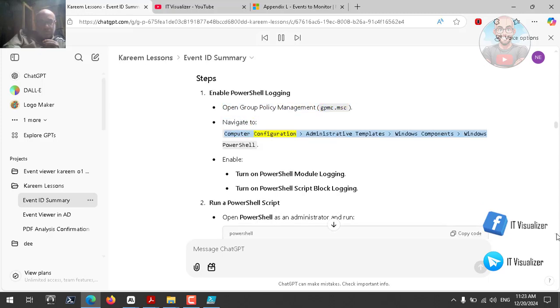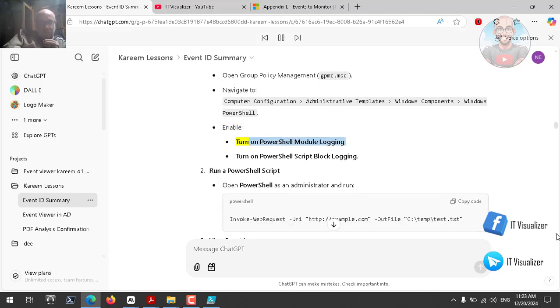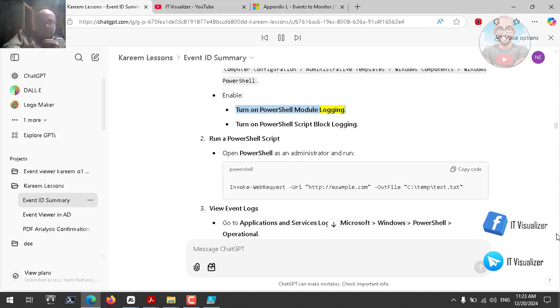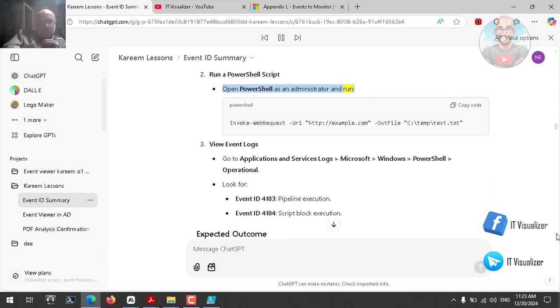Navigate to Computer Configuration, Administrative Templates, Windows Components, Windows PowerShell. Enable Turn on PowerShell module logging. Turn on PowerShell script block logging. Run a PowerShell script. Open PowerShell as an administrator and run. Invoke-WebRequest -Uri